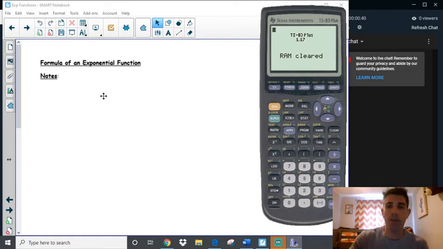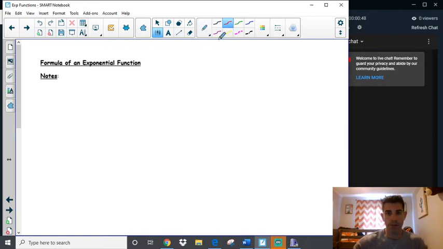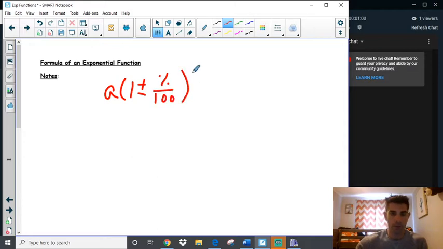Okay, so let's start with some notes for some exponential functions, and as always, if you have any questions, feel free to ask. The formula for exponential functions that you have to know is going to be A(1 plus or minus the percent over 100) to the x power. Now x is going to represent your time. Percent is percent. This plus or minus, we'll get to in a second, and